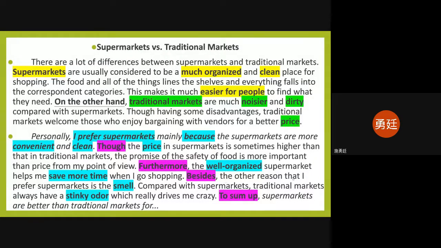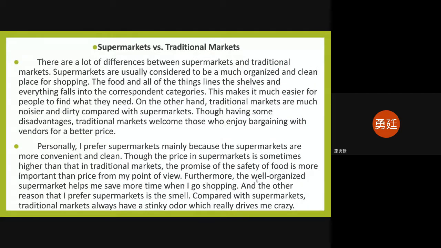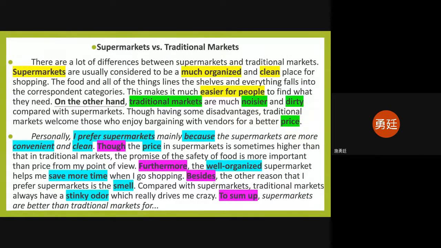So furthermore, the well-organized supermarket helps me save more time when I go shopping. Besides, the other reason that I prefer supermarkets is the smell。好，一开始原本的文章是用 and 这个连接词，可是如果你有看之前的影片，其实澳洲学生也一样，很喜欢用 so、and 去做开头。可是 in terms of academic writing，在比较正式的英文作文里，基本上我们不会用 and、so 去做开头，我们要用 transitional words like besides。所以这边把它改成 besides. The other reason that I prefer supermarkets is the smell。